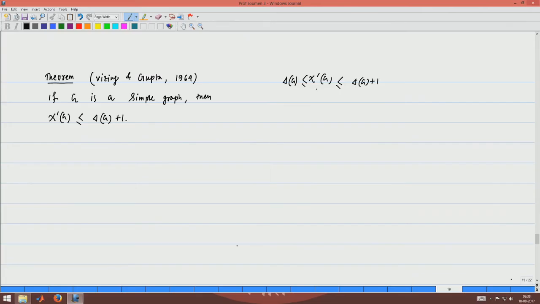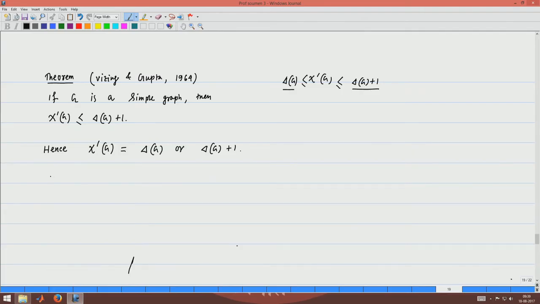So, the chromatic index will take the value either delta G or delta G plus 1. Hence, the chromatic index of a graph is either delta G or delta G plus 1, right.